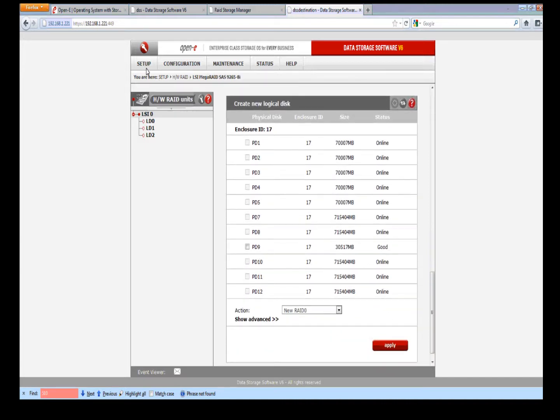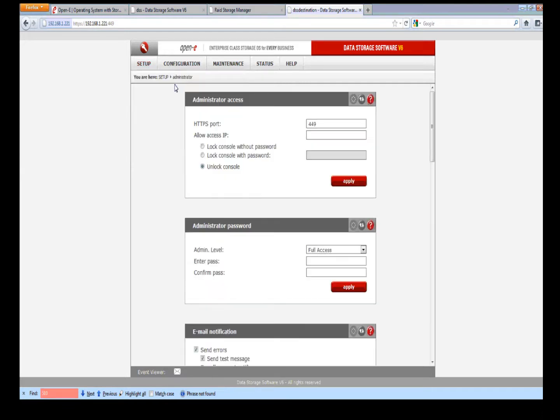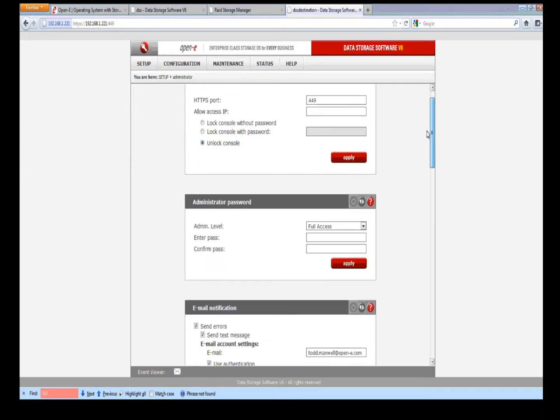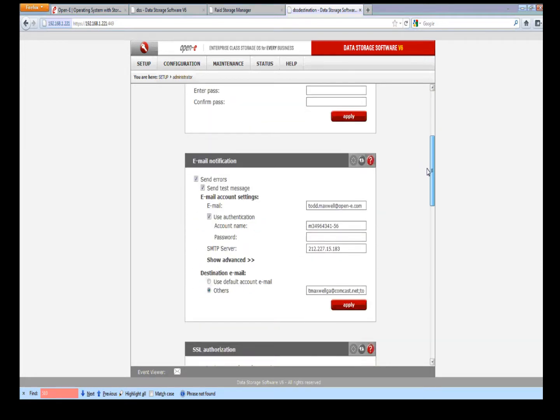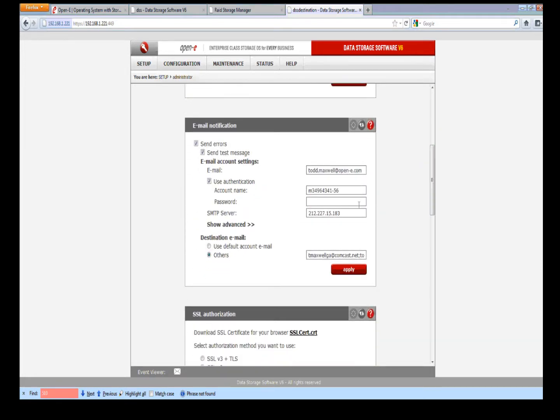So you'll be looking around, where is the email notification? You won't find it here. Where you will find it is in Setup, Administrator, and then if you scroll right on down, you'll see Email Notification. So here again, we have the email notification tied in with Open-E, but we also have it set up for